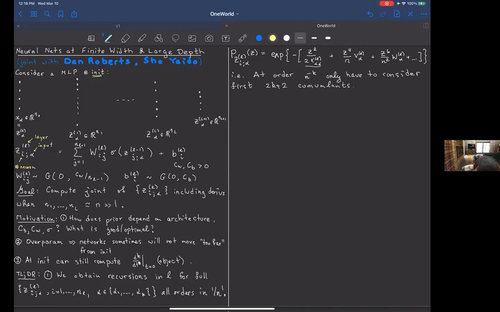Let me try to say something about that. This is the term that survives, the only one that survives when you send the width to infinity. That corresponds to the fact that in the strict infinite width limit, you get a Gaussian process. So it's not a surprise that the distribution of a single neuron is just like a Gaussian. But what I'm saying is that there are finite width corrections. The first correction, the 1 over n correction, involves only adding a z to the 4th term to your probability distribution. The higher order terms are higher order in 1 over n squared.